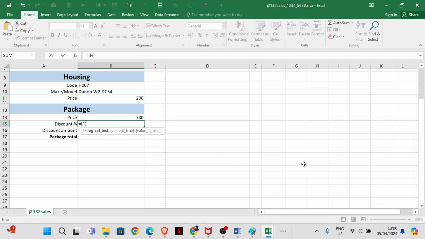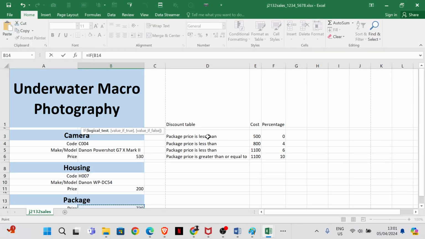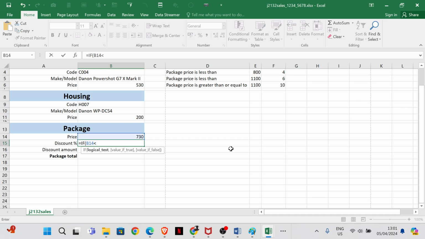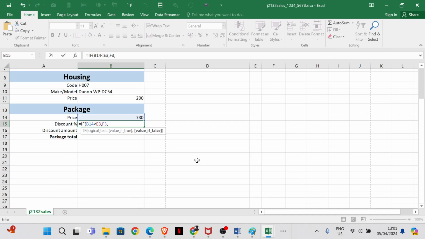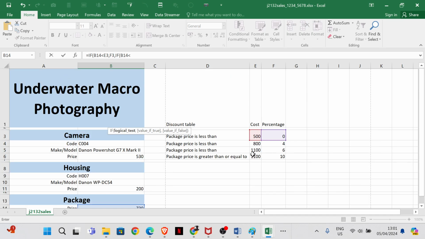so if, excuse me, if this value is less than this value, then display this value, comma, okay, if this value is less than this value, comma, then, okay guys, you can check the codes from here, then display this, comma,